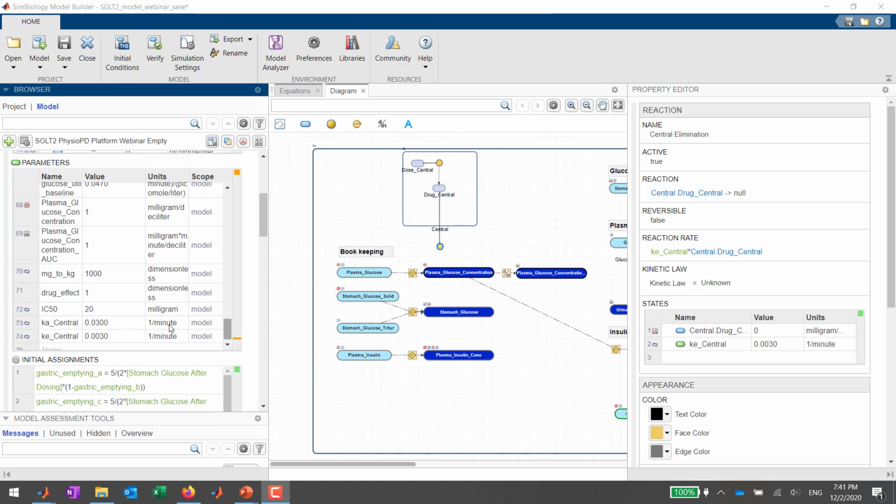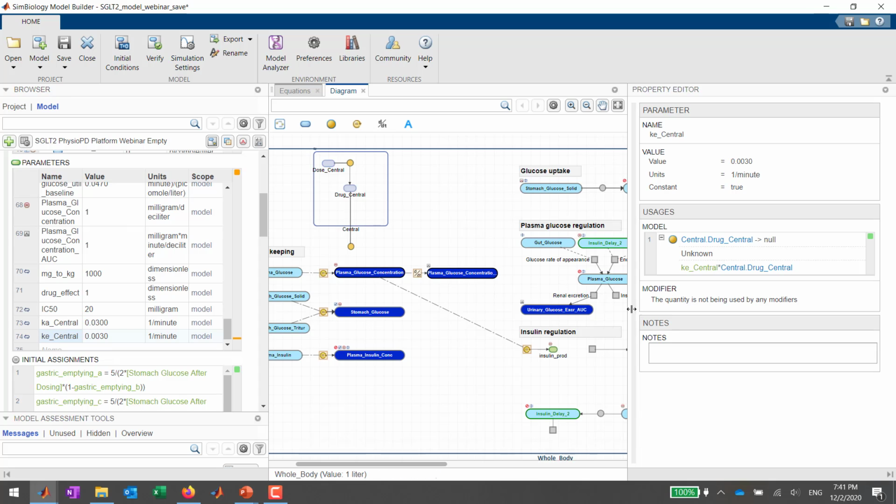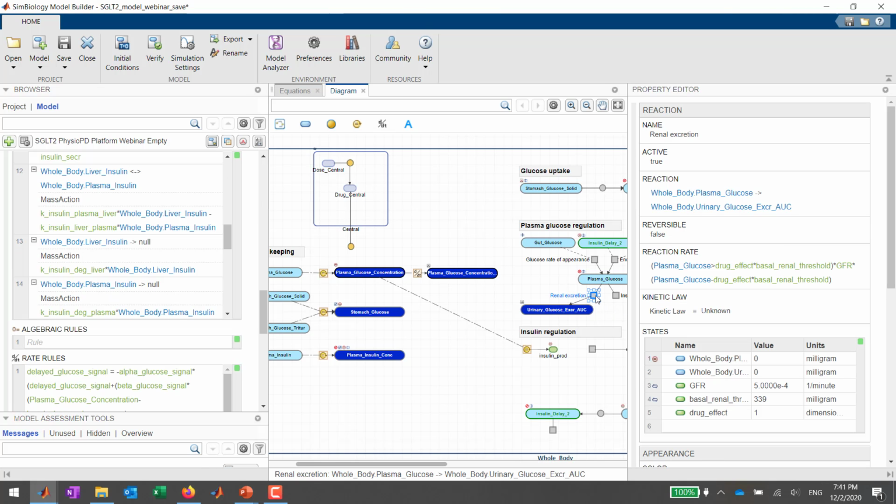And you can see that it also includes the parameters for Ka and Ke. So it's all nice and fine that I have my pharmacokinetics now included, but this model is not yet linked to the plasma glucose regulation. And I have to do that by linking the drug concentration to the rate of renal excretion. If I click on this reaction, again, this reaction is a term in the right-hand side for the plasma glucose. This plasma glucose is a species. If I click on renal excretion, you can see the reaction rate. And how this reaction rate is defined is that if the plasma glucose is higher than a certain basal renal threshold,